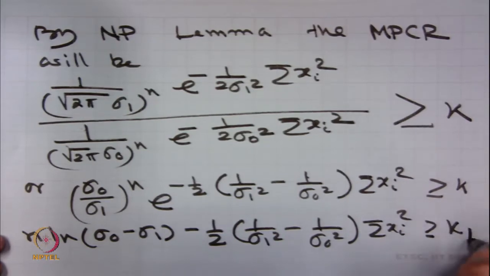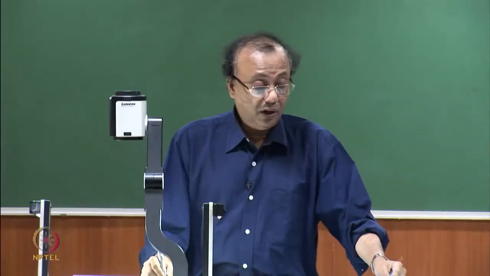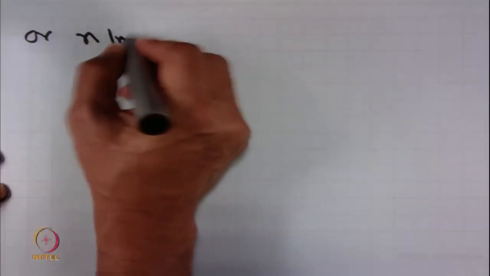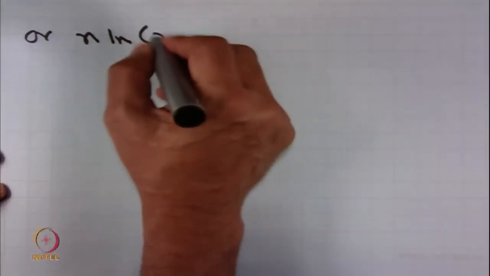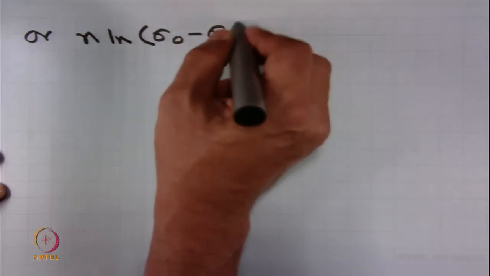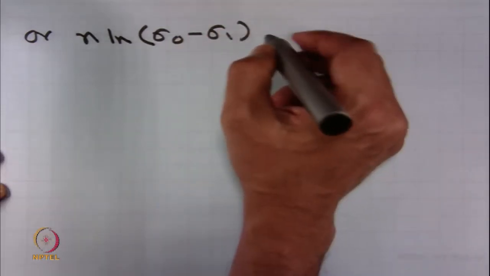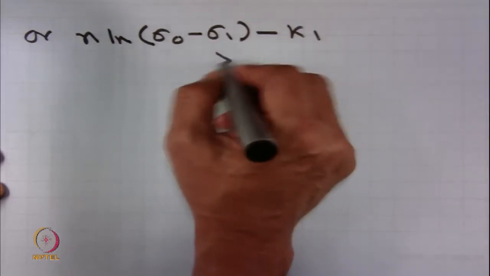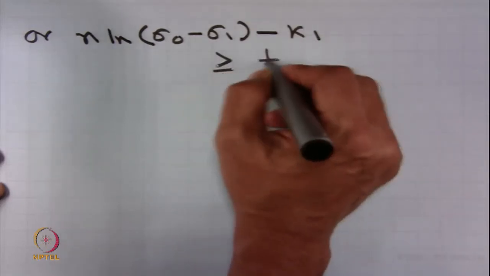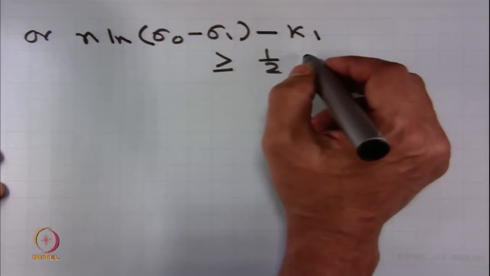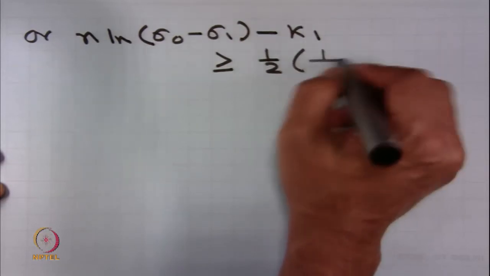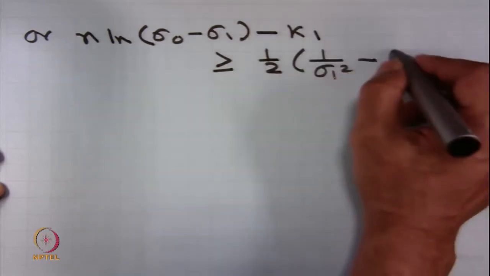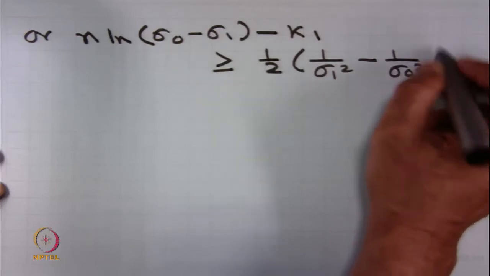So, let me call it k1, or n log of sigma naught minus sigma 1 minus k1 is greater than or equal to half of 1 upon sigma 1 square minus sigma naught square